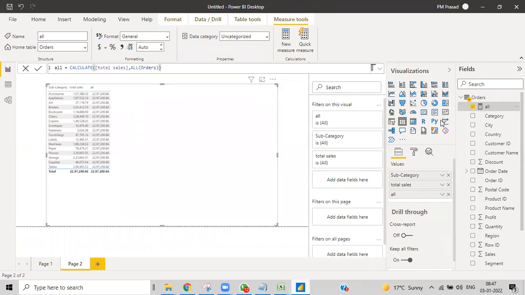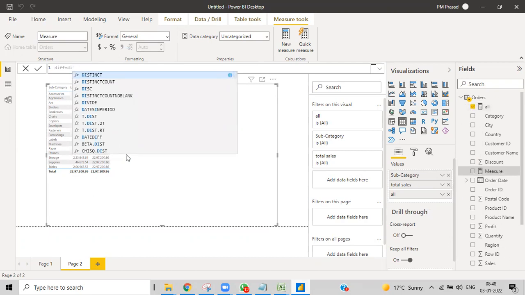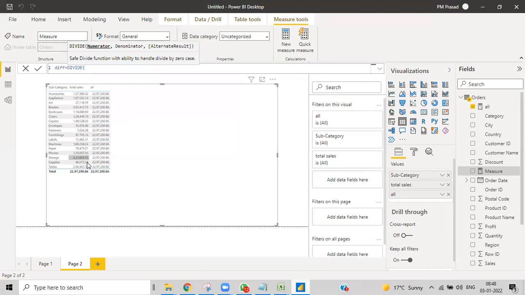Here, create a new measure for that. Calculate the percentage difference, or whatever we want to call it. I just named it like this, and for that we have a separate function, which is DIVIDE. Then the numerator minus the denominator in the numerator. I want the difference in the total sales again.